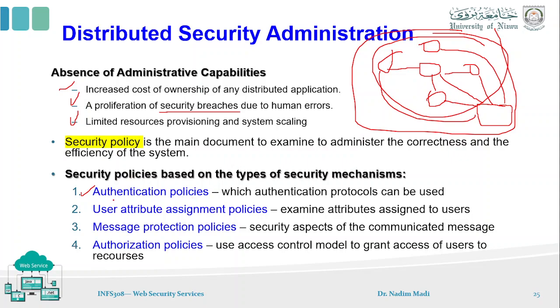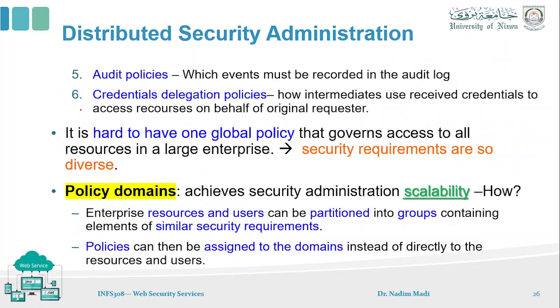In order to have administration implemented correctly, we need of course to have different policies. We need to have an authentication policy, and what do we use this policy for? We may have an attribute policy, those policies that can enable the security of the passed attributes, meaning how objects are related to a specific attribute, a parameter in the function itself of the server. Message protection policy, authorization policy. We have also auditing policies, credentials delegation policies.